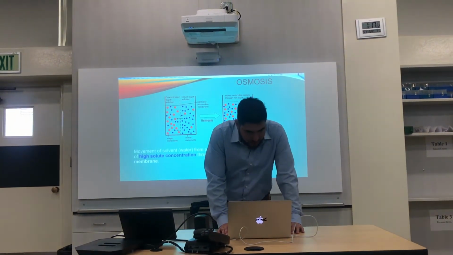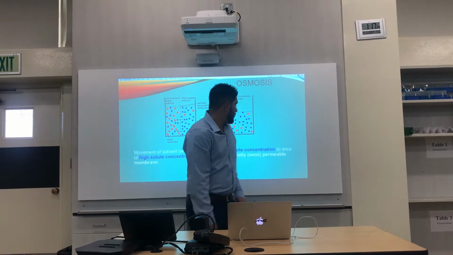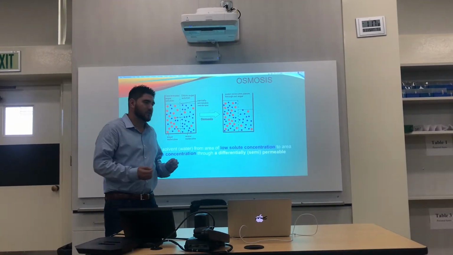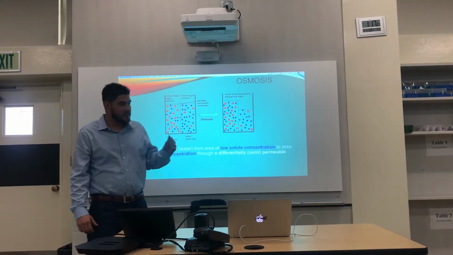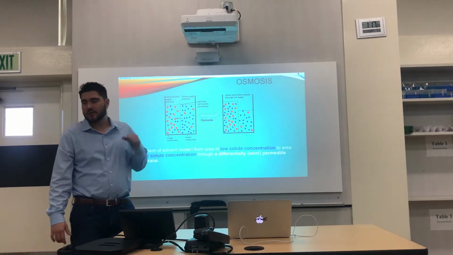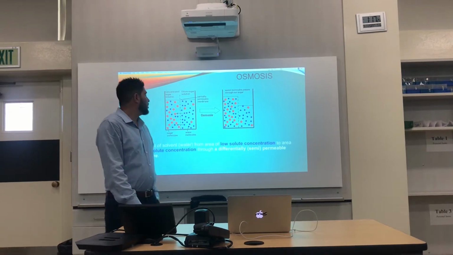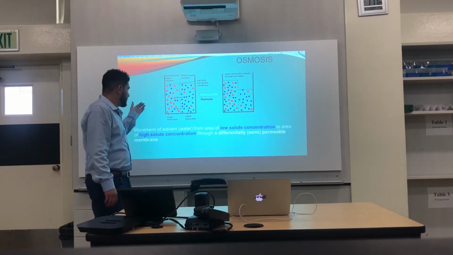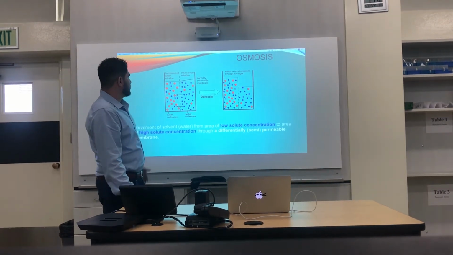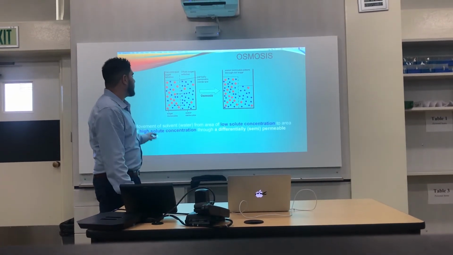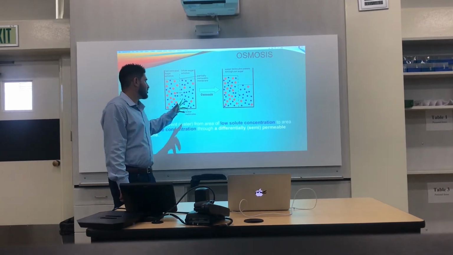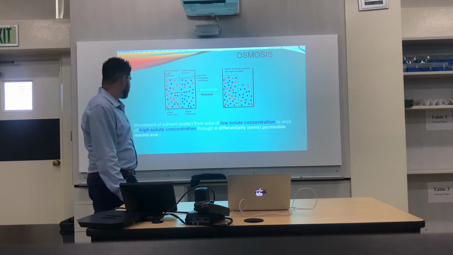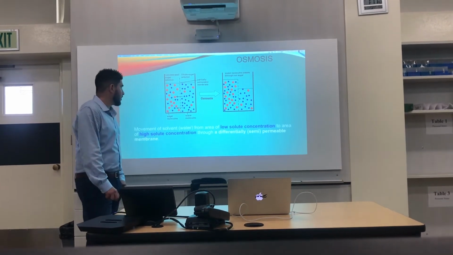So just to elaborate a little bit more on this and drive it home, remember we're talking about water moving down water's concentration gradient, against the concentration gradient of solids. Remember, it wants to go to the higher solid side. So in this picture, we have a concentrated sugar solution on one side and a dilute sugar solution on the other. What's that mean? We have a lot more sugar on the left compared to the sugar on the right, and the blue little dots you can imagine are water molecules. The red dots being the bigger sugar molecules.